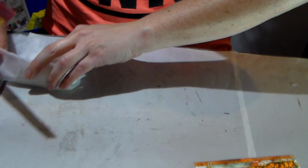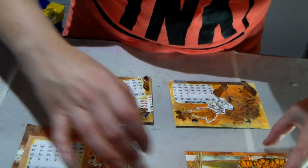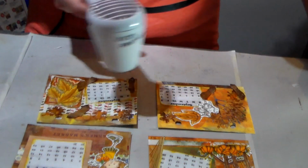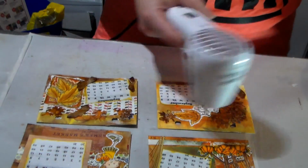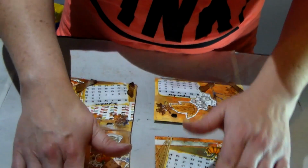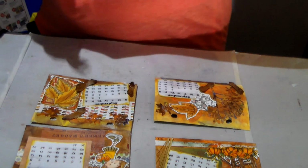Okay, so this press away. Okay, so here are all my little calendars. I think I will try drying them a bit and then maybe add a little bit of texture on them. Just a little something to finish them off. I'm liking how they turned out. Okay, they're pretty much dry. So now to add some texture,